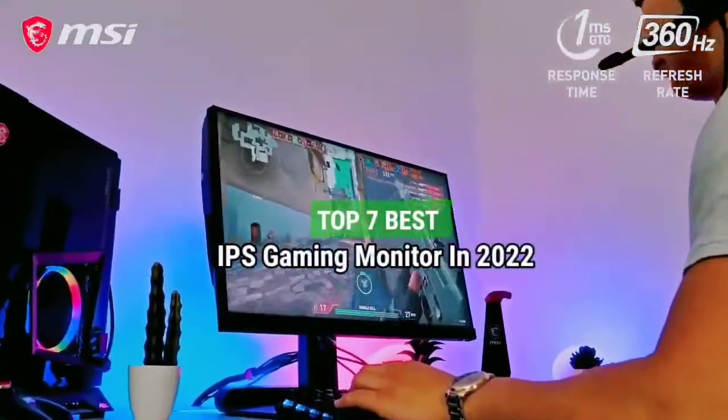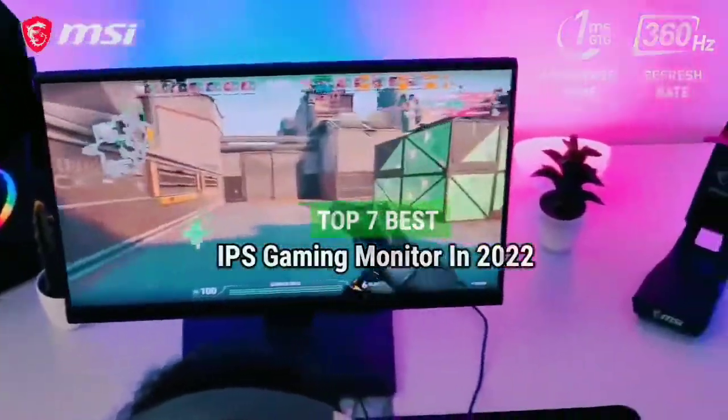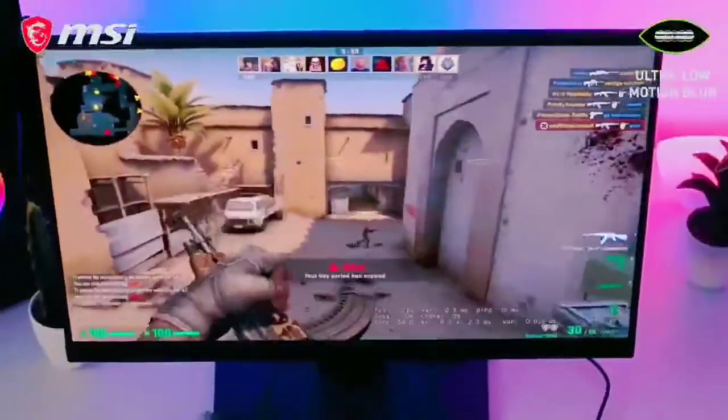Top 7 Best IPS Gaming Monitors in 2022. Through extensive research and testing, I have put together the list of options that will meet the needs of different